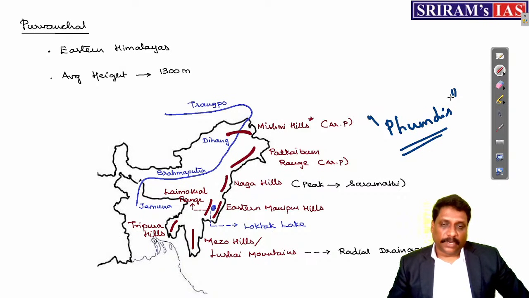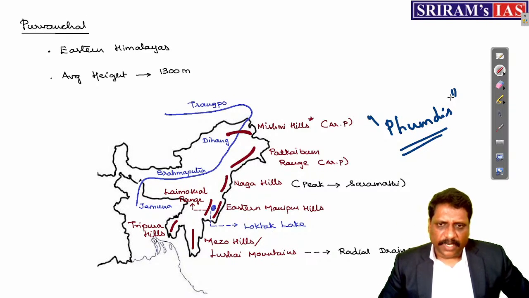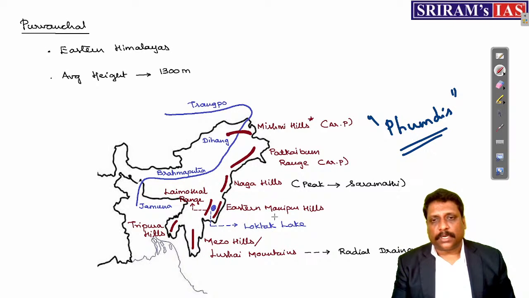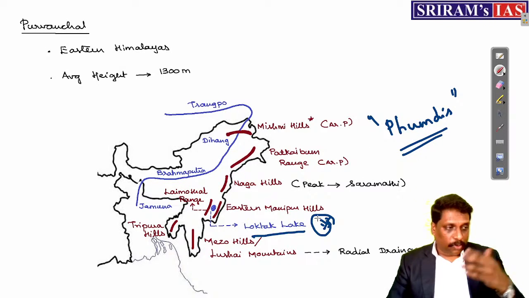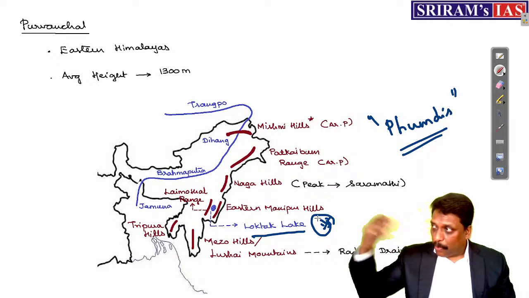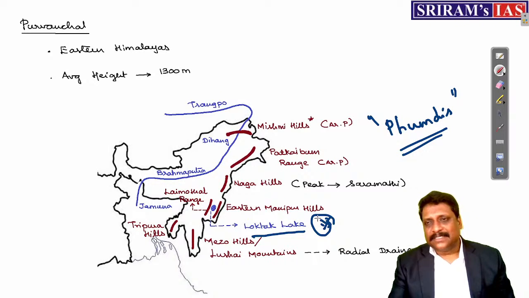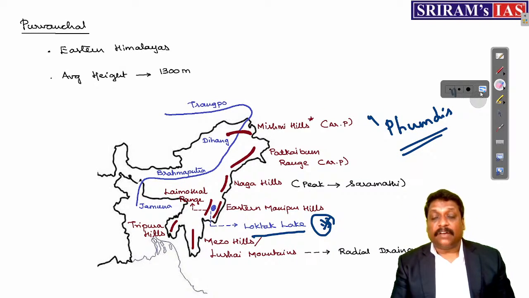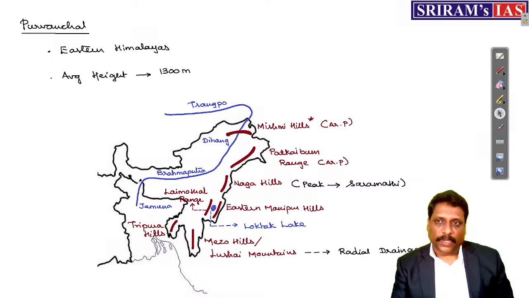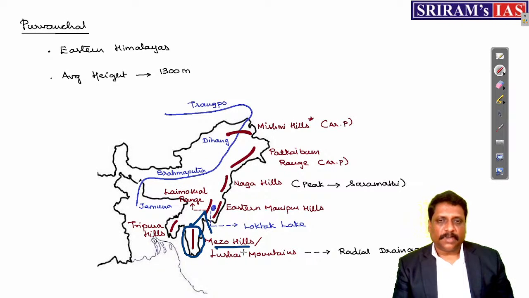Okay. Laimatol range and eastern Manipur, exactly between them you have this Loktak Lake. Very important, unique lake. Imagine floating islands. If you want to go to the island, instead of you going to the island, you can call the island, it will come pick you up and you can go. See, sarcastic way of saying, but somewhere I just have to remember that it is very unique where I have floating islands. Okay.